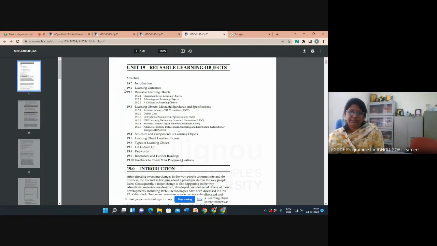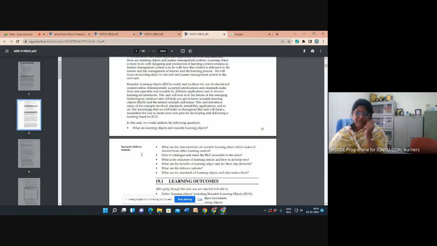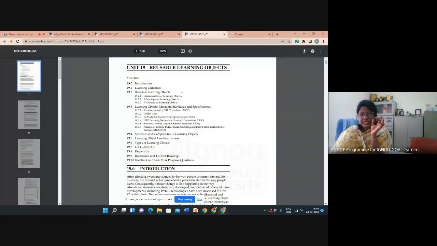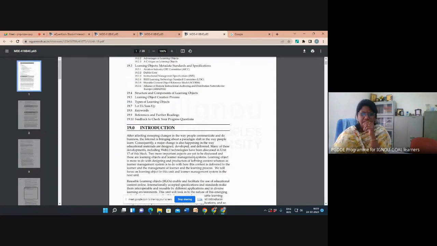For example, this is learning objects, not the learning objectives which we mention in our unit, learning outcomes or learning objectives. An objective is goal oriented. Here is an object, sometimes some component or tool or something like that, some small information. So that is called an object.